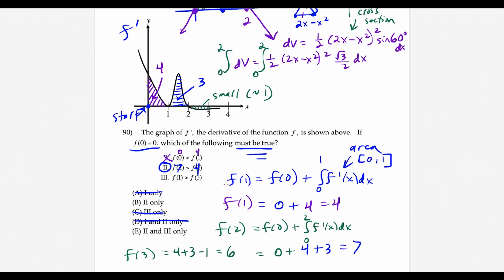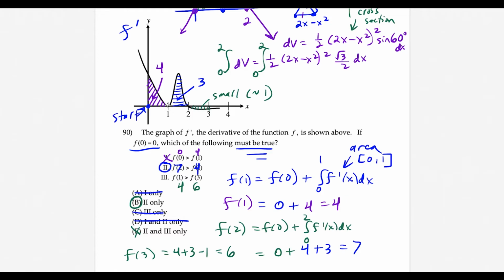So the $1,000,000 question here, f of 3 is equal to 6. f of 1 is equal to 4. Is 4 greater than 6? No. So this one's going to be out. It's definitely choice B. So what we could assume, the thinking you need for this question, is that f of